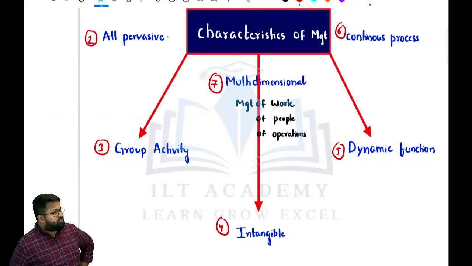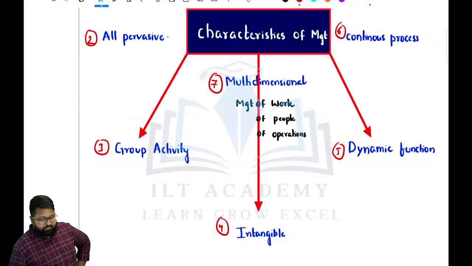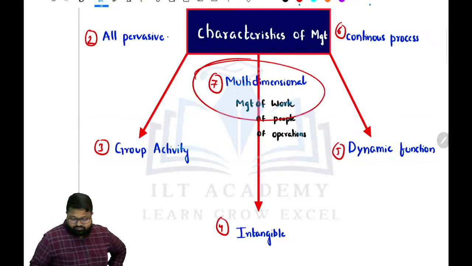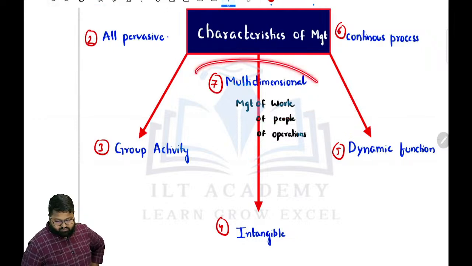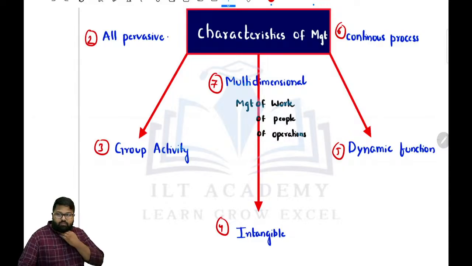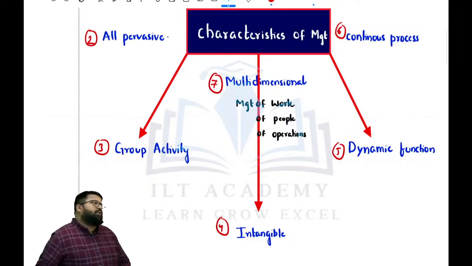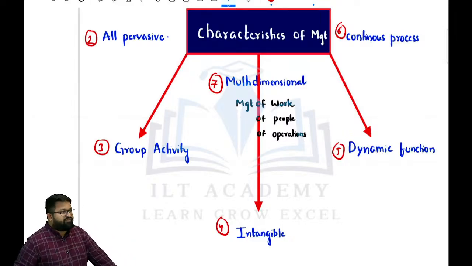Done with these 7 points. Seventh one is multi-dimensional. So can we have a quick recall of the first point? Goal oriented. What is the goal of the entire organization? To achieve the strategies which are drafted and to reach their vision, mission and all. Are you having the basic idea of strategy, vision, mission? Our main motive is to reach those targets,